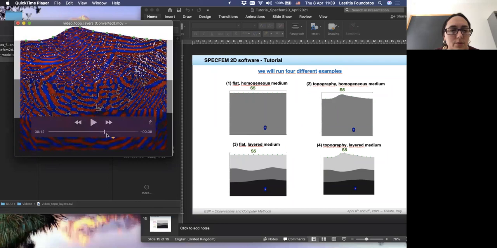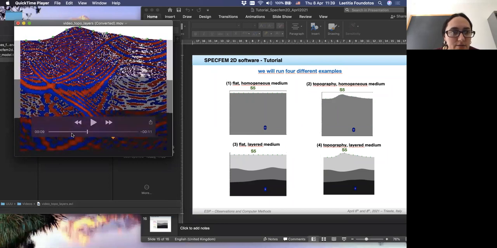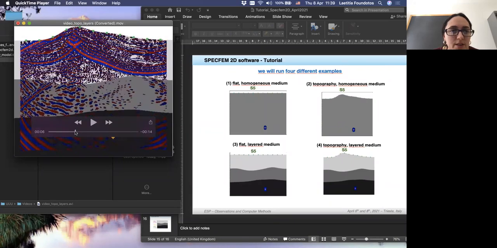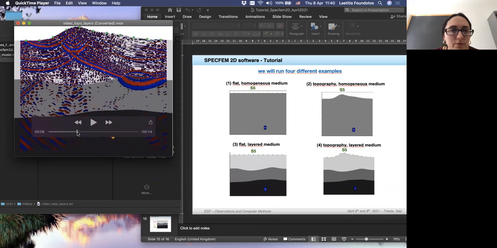Okay, so one interesting part is that one. You can see when the waves arrive, already really complex because of the different lithological layers. But one interesting thing is here, if we focus on the topography, we can see focusing of waves because of this topography.